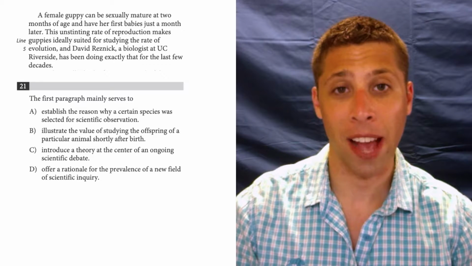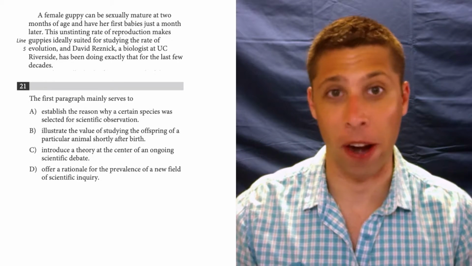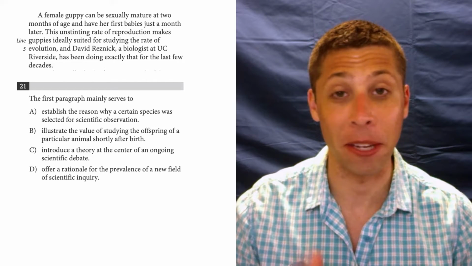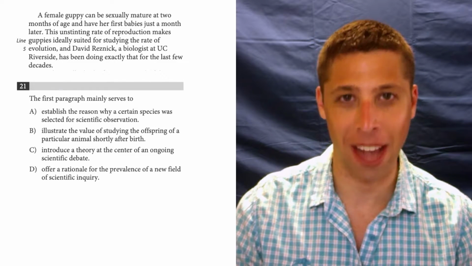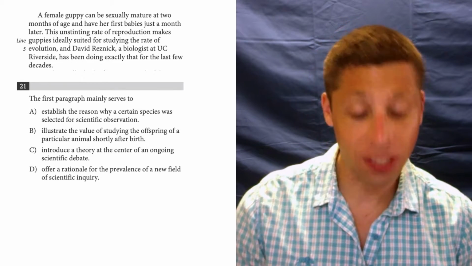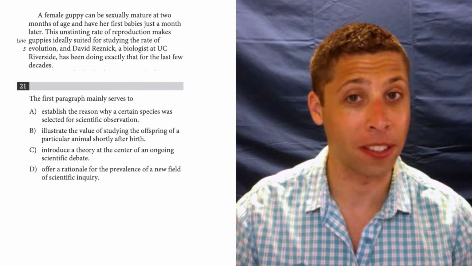The first question of this passage is only about the first paragraph, so we don't have a lot of lines to read. This is exactly why the no reading strategy can be great, where you can just dive right into a passage at the beginning and just read a few lines at a time. So this one says the first paragraph. We should read that paragraph and see what it's about.